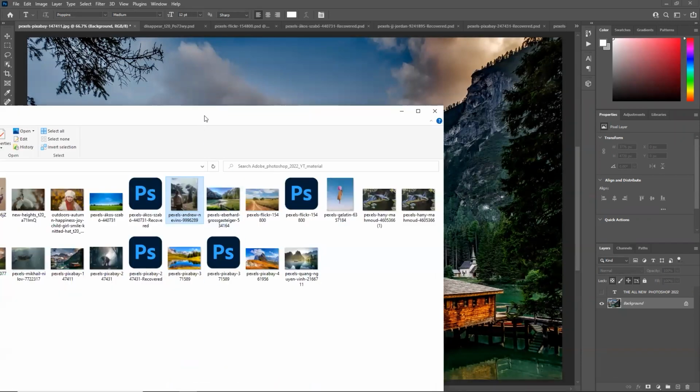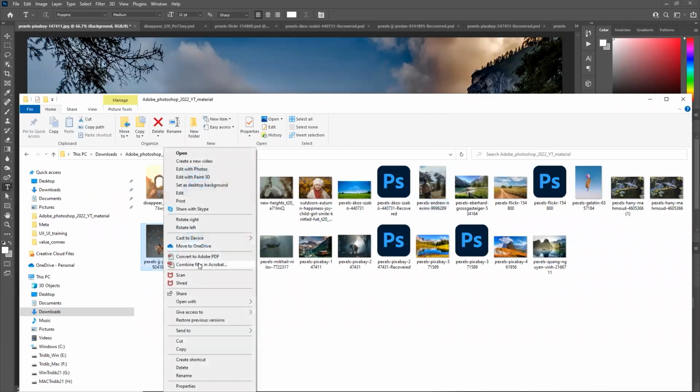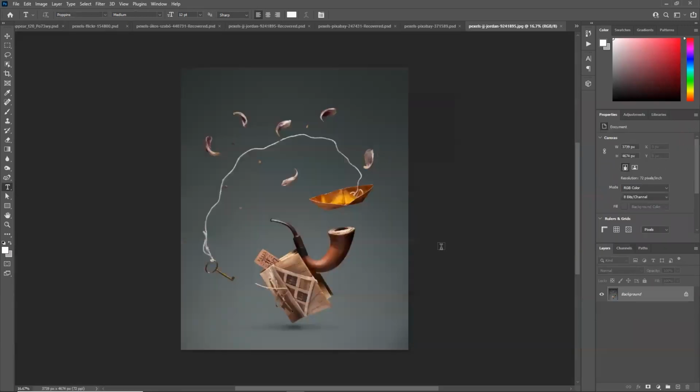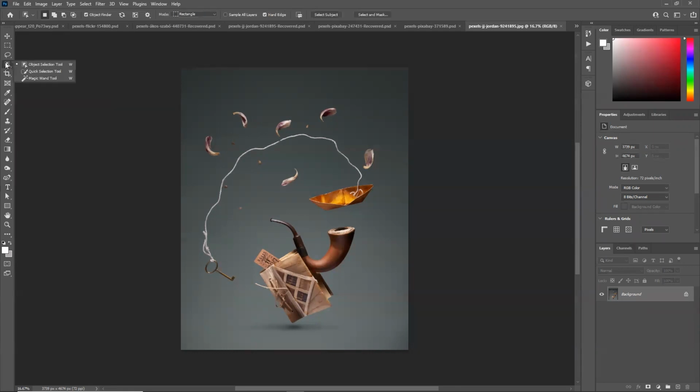Great. So let us also check another amazing feature of Photoshop 2022. Okay, over here you have this object selection tool. You click on this and you just have to point on the screen.